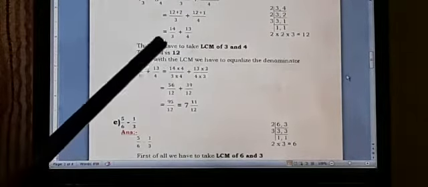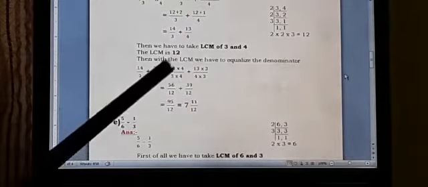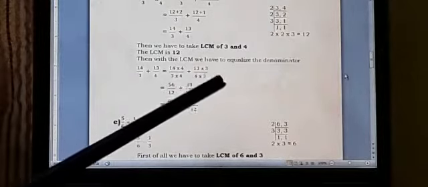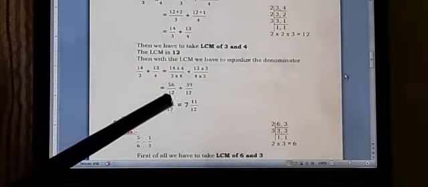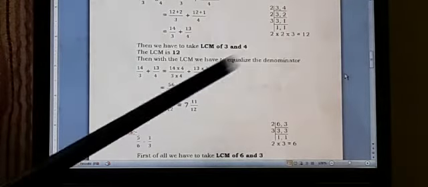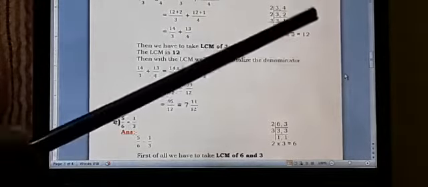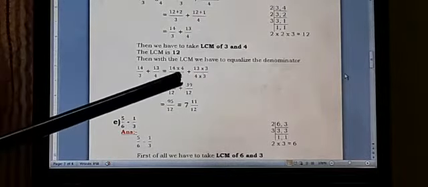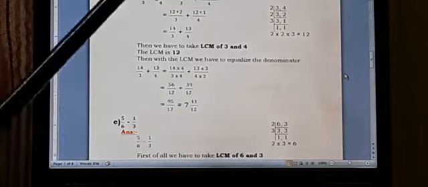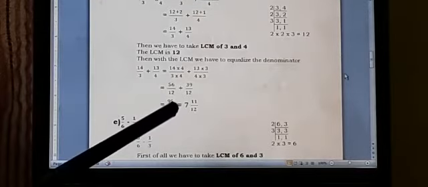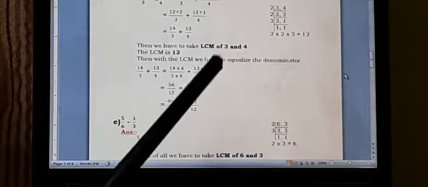Next, with the improper fractions we can do the addition. Before doing the addition we have to take the LCM. The same procedure we followed in the earlier questions we can follow here. First of all you have to take the LCM of 3 and 4. Here I have done the LCM. So the LCM is 12. With the 12 we have to equalize the denominator. We will get the answer. One more thing: with the answer, if it is possible we can simplify, otherwise convert into a mixed fraction.